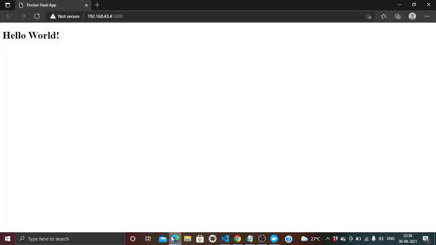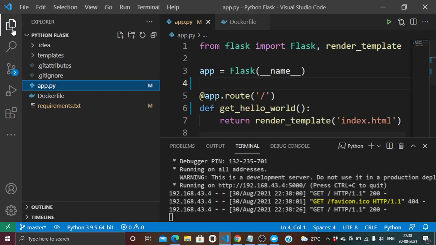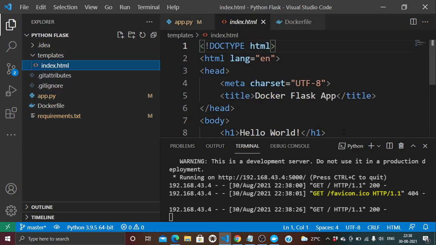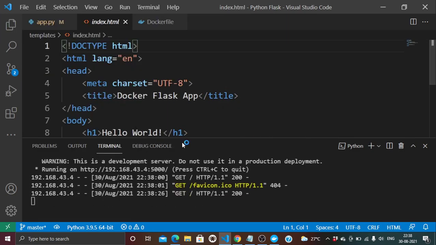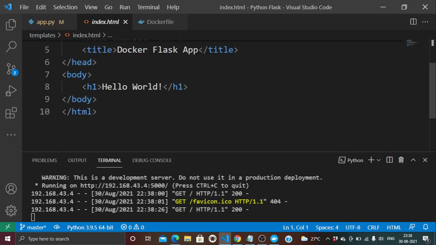If we go over here, we can refresh, reload it. Again, there is a GET request. If we go to the code inside templates, we have index.html, and in index.html we can see hello world is being written.